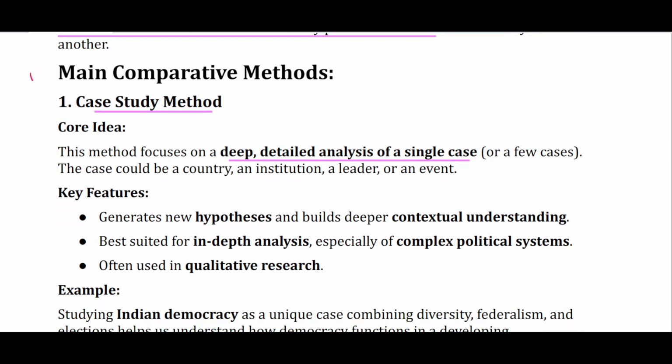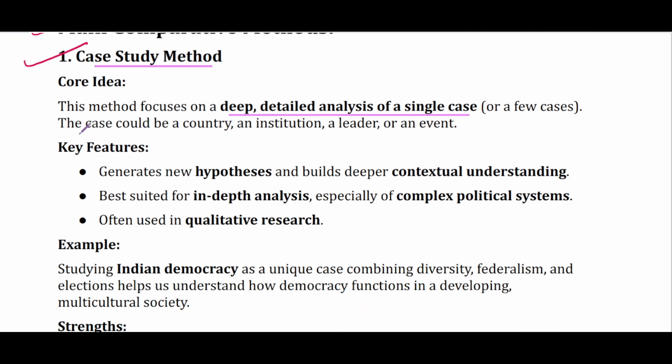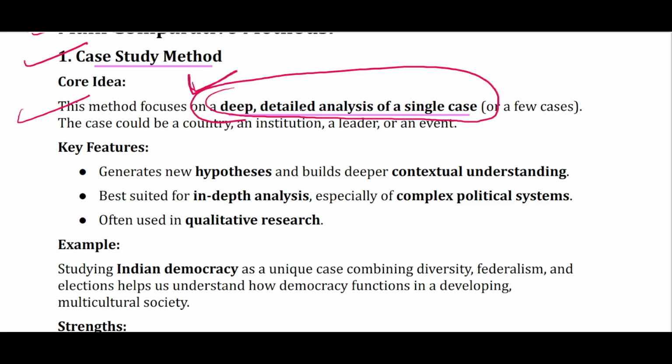So the main comparative method, the first one, is the case study. In this method, it focuses on a single case or a group of a few cases. In that, a deep and detailed study of that particular case is done. That case can be a country, the political system and political behavior of a whole country being studied, or